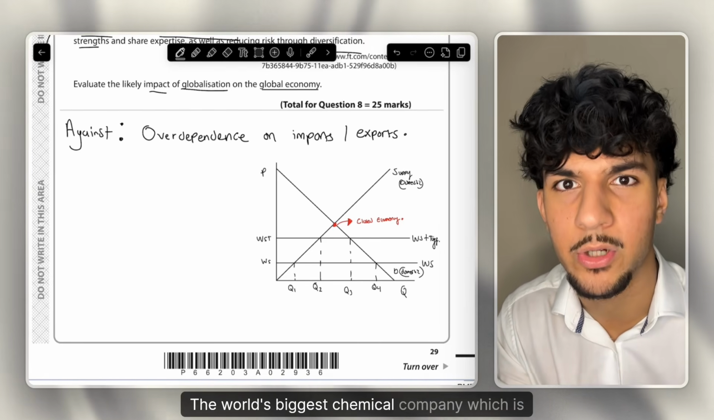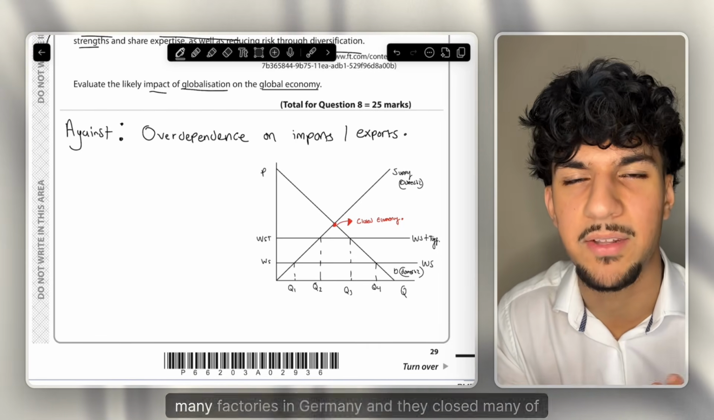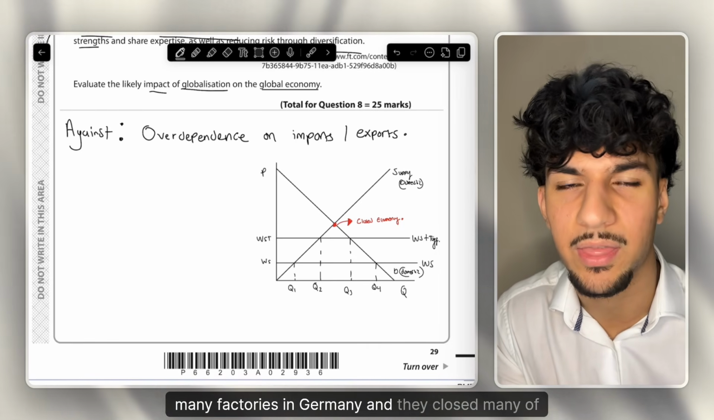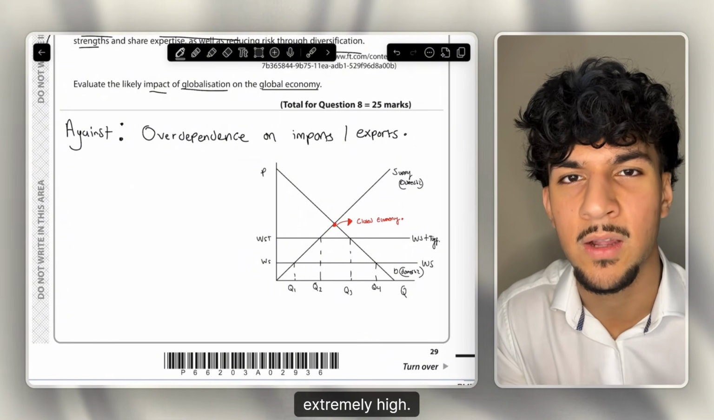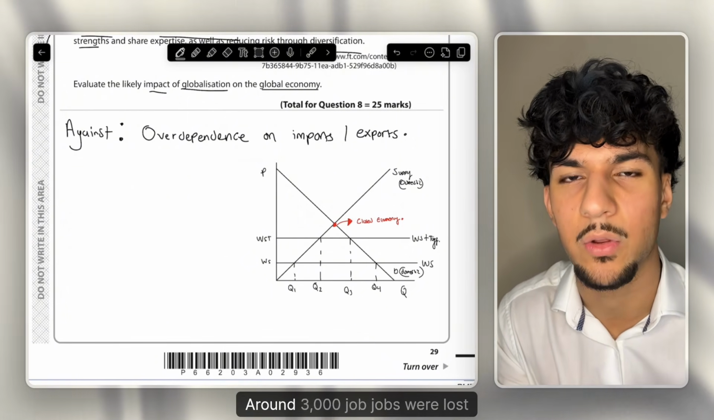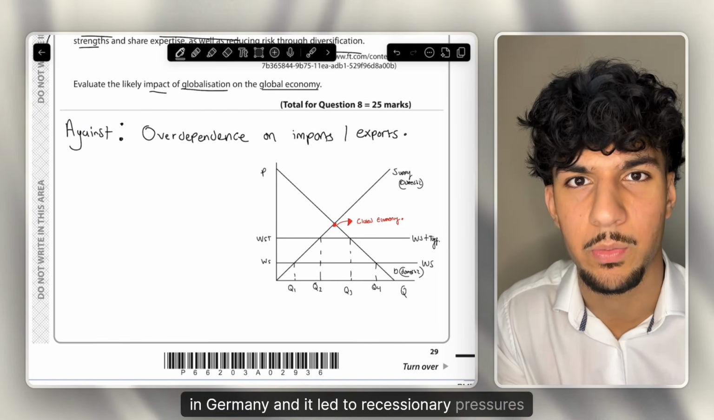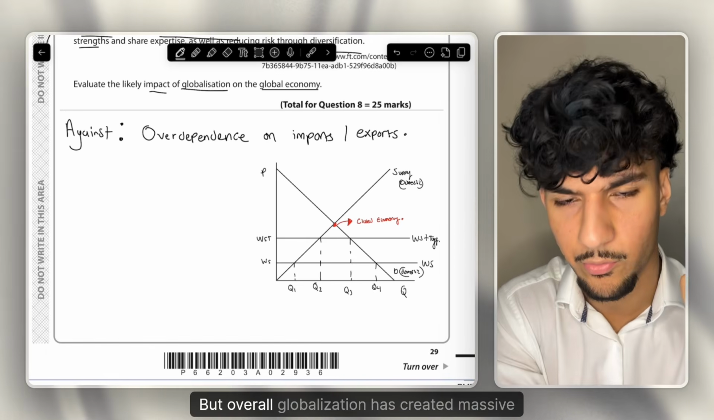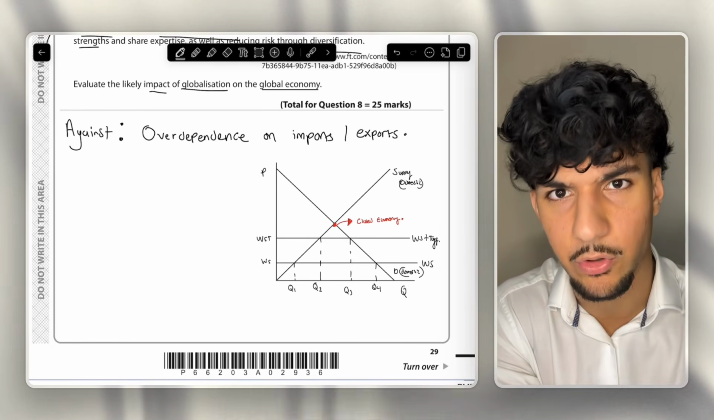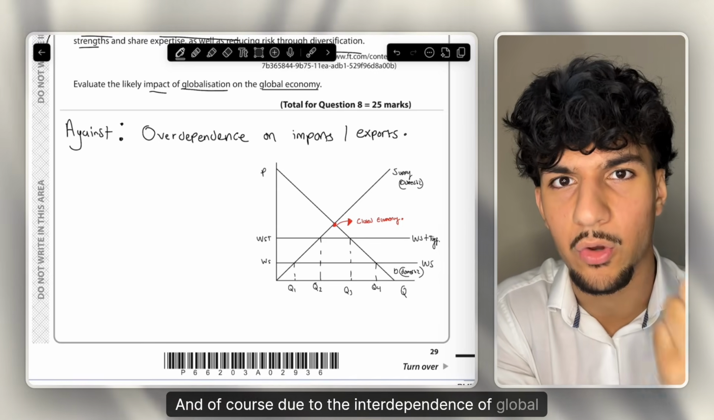The world's biggest chemical company, BASF, had many plants, many factories in Germany, and they closed many of their factories because the prices of gas were extremely high. This led to massive job losses. Around 3,000 jobs were lost in Germany, and it led to recessionary pressures where GDP decreased about 0.3%. But overall, globalisation has created massive vulnerabilities in these economies, and of course, due to the interdependence of global economies,